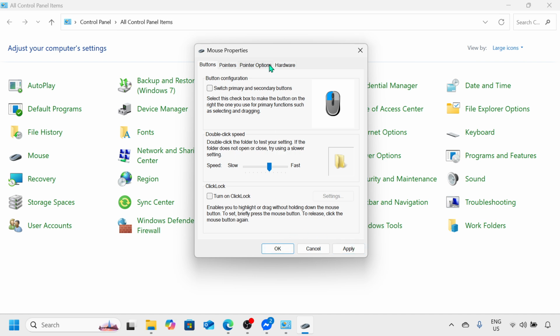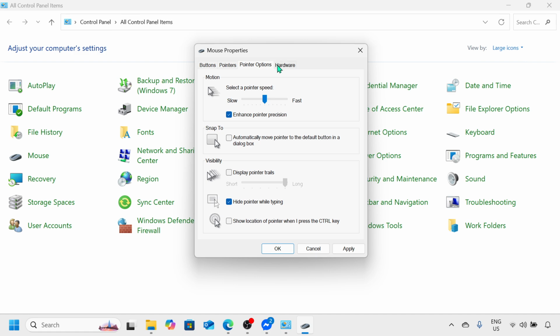And if you see here after the pointer options tab, the wheels option, please click on that, and then you will see 2 sliders there, in the upper part and the lower part. So please make sure that you choose values between 4 to 7 in both of the tabs. Again, if you see the wheels option, please